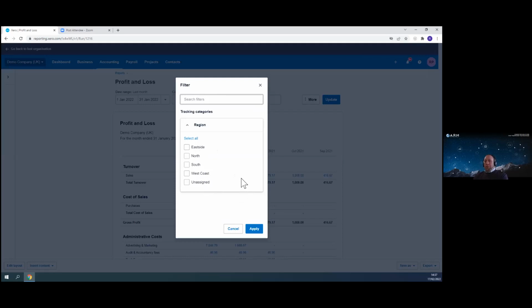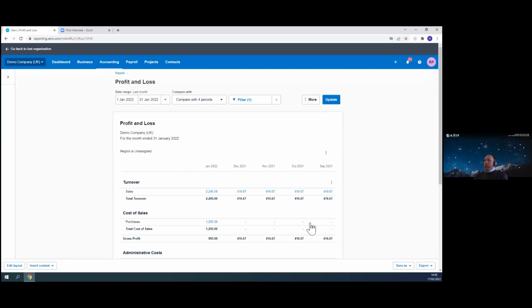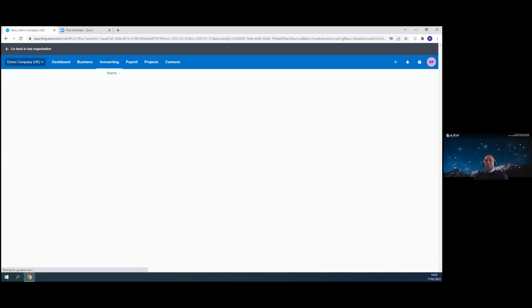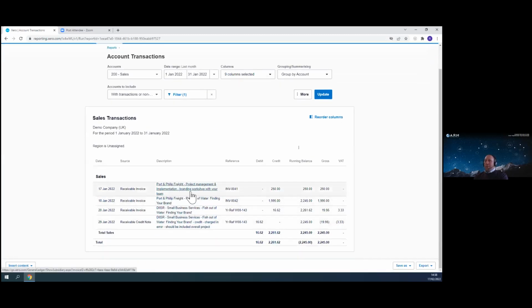Another useful thing though, is if you are using tracking, then to get the most out of it, you should be assigning every sales transaction to a region, and any costs that directly relate to those regions, you want to record those as well. You can very quickly have a look at your unassigned costs. And by doing that, you suddenly go, oh, I forgot to put where that sales invoice should go. So you can click on the entries or the amount. It'll then give you the individual entries. You can click on one of those